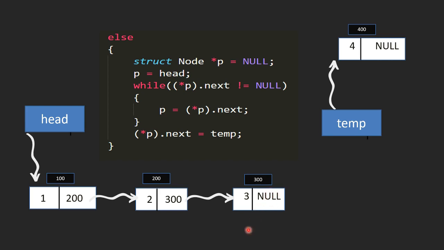So how to do it? We are going to traverse the linked list, because we cannot directly fetch this part. This is not an array. This is one of the drawbacks of the linked list, that we cannot directly fetch any node. So to fetch any node, we have to